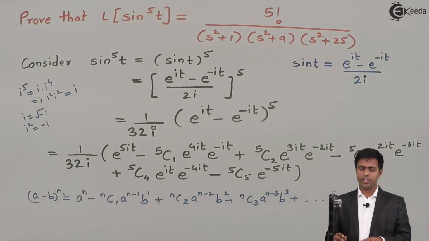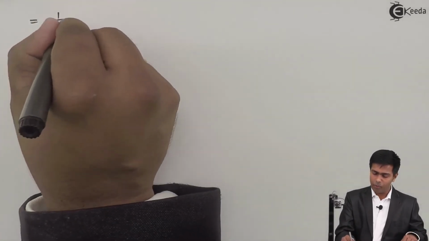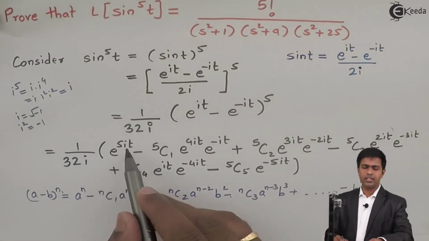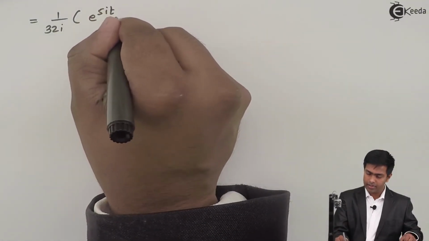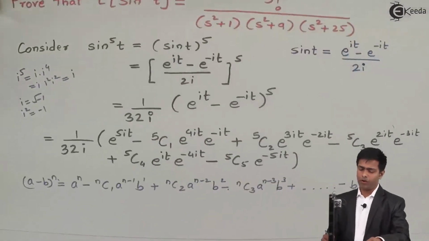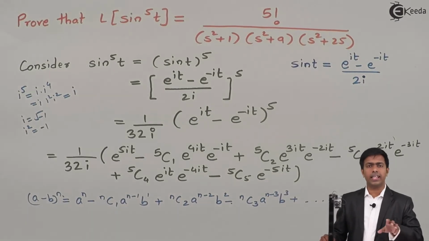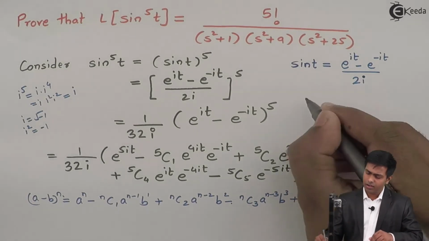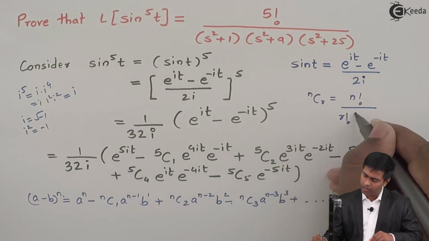So 1 upon 32i will remain as it is. So is equal to 1 upon 32i. In the bracket, first term as it is. So e raised to 5it as it is, minus. Now we want the value of 5C1. So 5C1 you can calculate in the calculator, and if you don't have a calculator or if you want to do it manually, then still we have a formula of nCr, that is